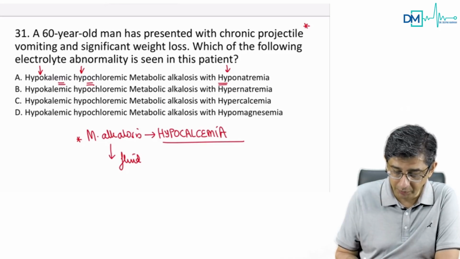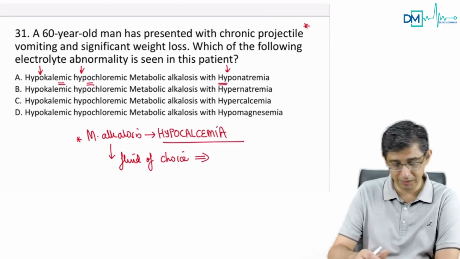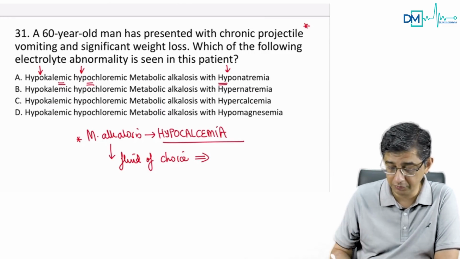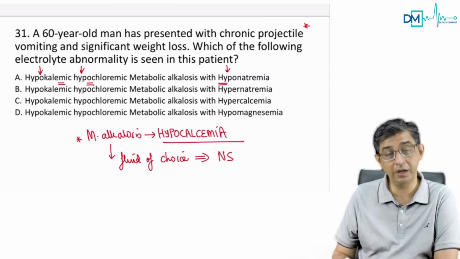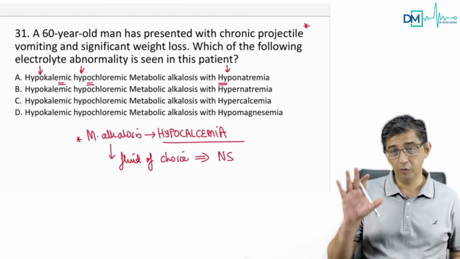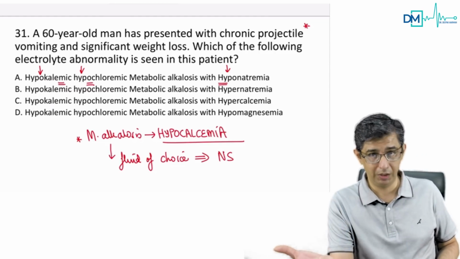Yes. Next time he can give you a question like this. He can describe a chap who's having all these electrolyte imbalances, and he might ask what fluid will be given for correction. So the fluid for correction for metabolic alkalosis is normal saline. For metabolic acidosis, you know, it is Ringer lactate. But the bottom line is there are four hypos which are associated with metabolic alkalosis.